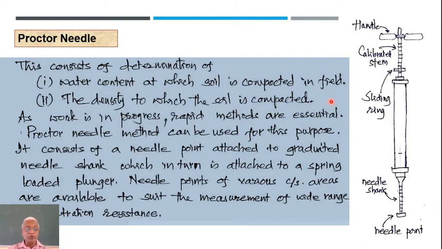What are the ways to find out density and water content? Actually, you have to go into the field, take a core, like core cutter method, or sand replacement method, and find out the density. That sample has to be brought to the lab and then kept for water content and calculation of water content. So it is a lengthy procedure to find out how much density is achieved and how much water content is used. Now both of these things are almost instantly done if you use proctor needle. That's the point here. Okay.